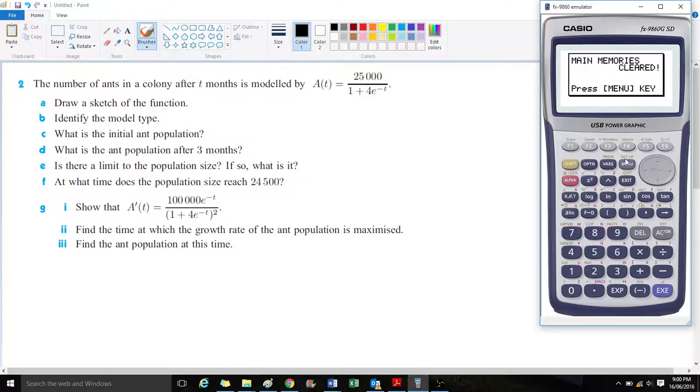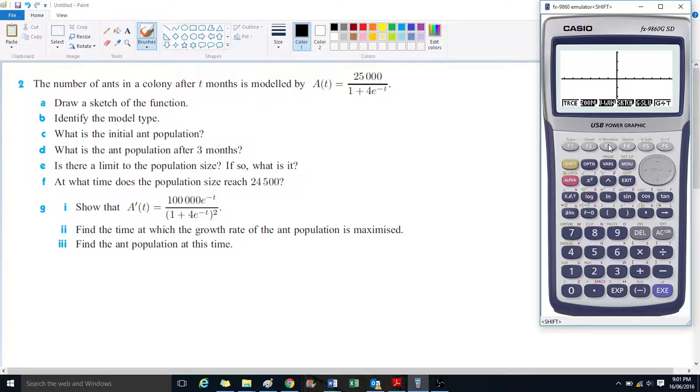Okay, so just in graph mode, we have 25,000 divided by, in brackets, 1 plus 4e to the power of minus t, or minus x in our case. Okay, close the bracket and graph it. Now, we're dealing with quite a large number here. Obviously, we've got